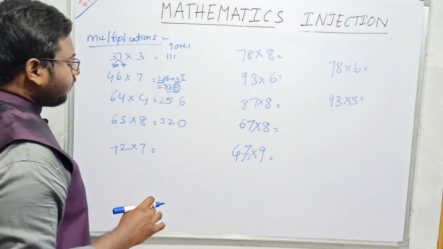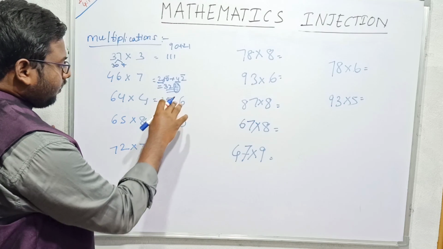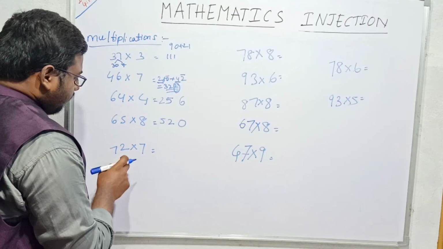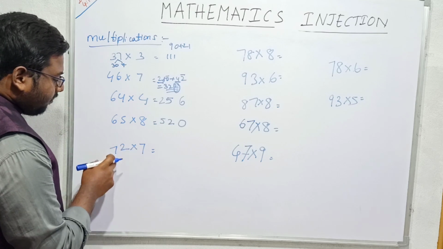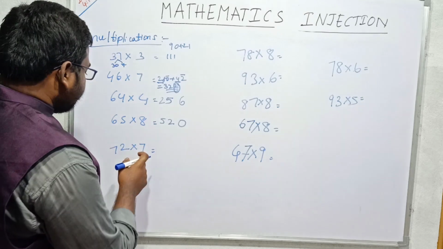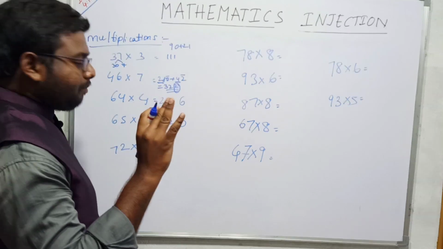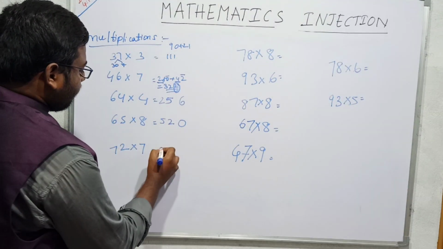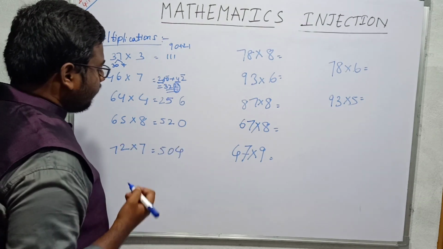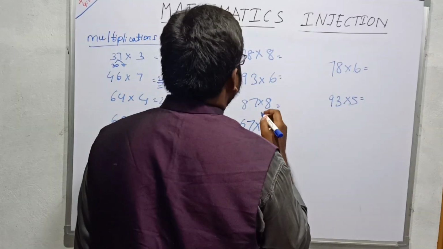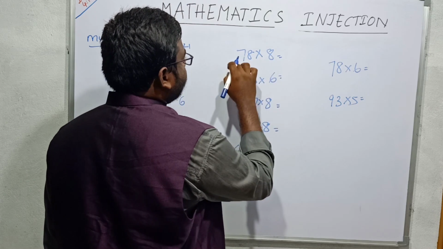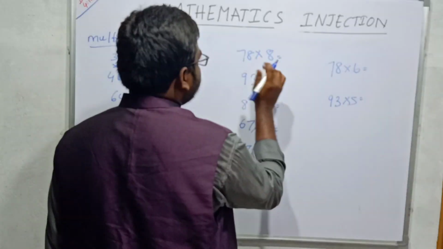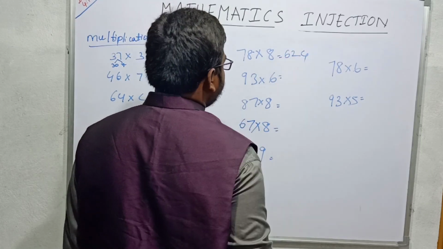From now onwards we will try to stop writing the unit digit, and we will reduce that step also. For example, 7 7s are 49, 7 2s are 14, 4 we will keep in our mind, and we won't write the 4 here. 49 plus 4 is 53, and 4 we will write here, 534. For example, if I say 8 7s are 56 plus 8 8s are 64, 4 will be our unit digit. 56 plus 6 is 62, 4 is our unit digit.